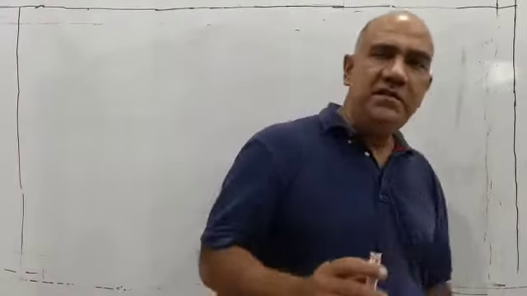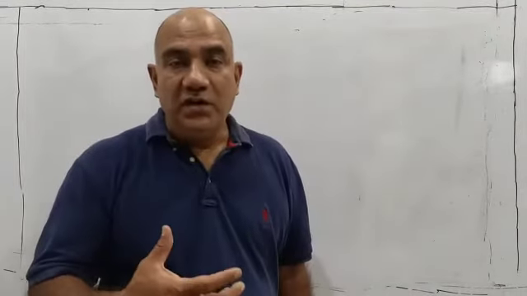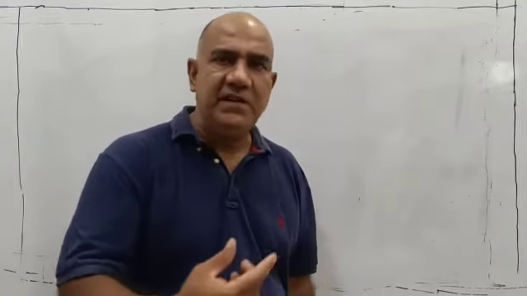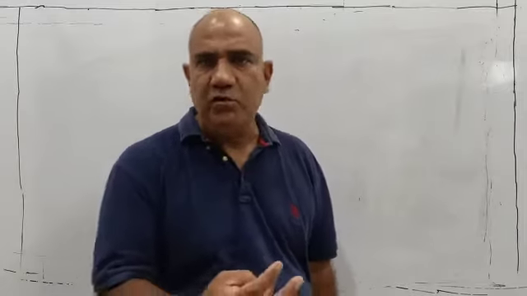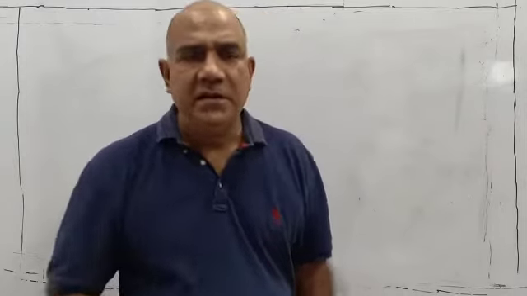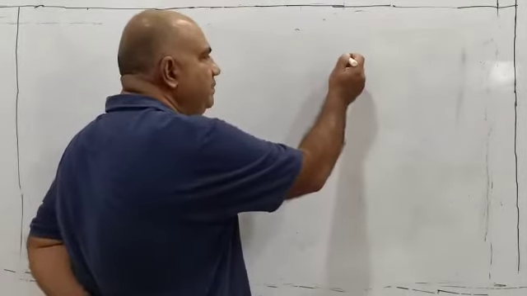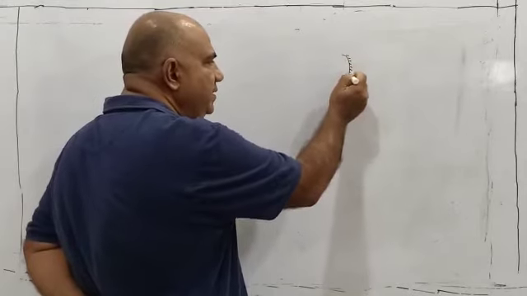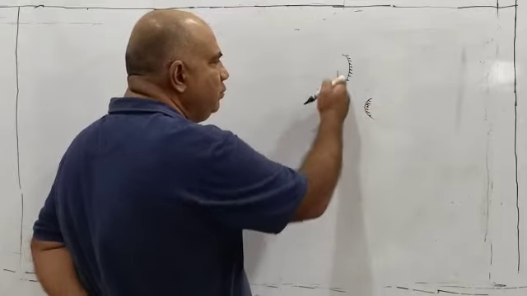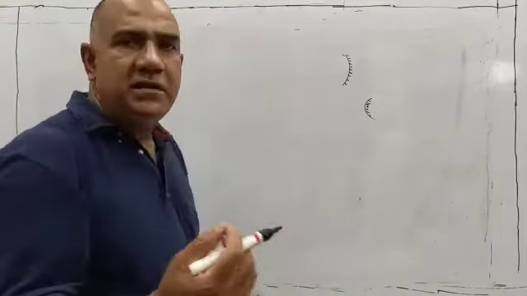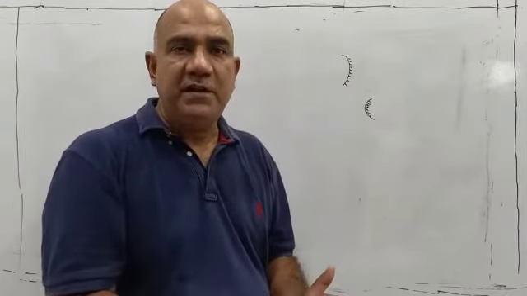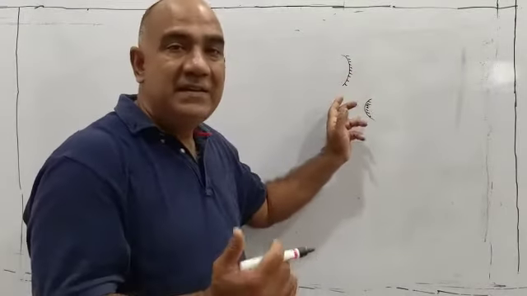Hello students, in this class of ours we are going to study what curved mirrors are, or precisely these curved mirrors. As in the previous class I told you, they could be parabolic, they could be spherical, they could be elliptical, but we will exclusively be referring to them as spherical mirrors. So if I make a mirror like this and another mirror like this, both have curved surfaces. The best way to define a spherical mirror is the one which is part of a sphere, which has its reflecting surface as a curve.